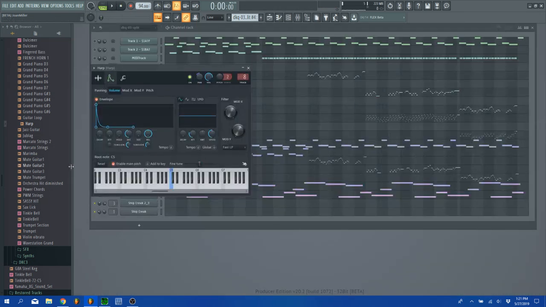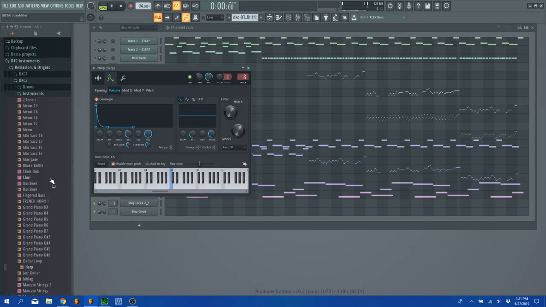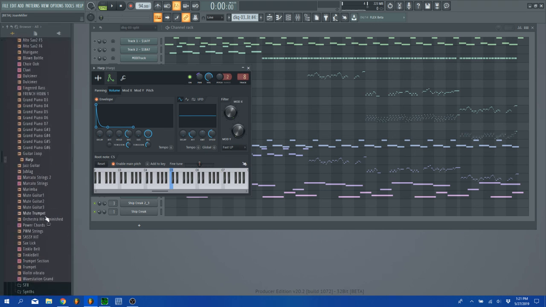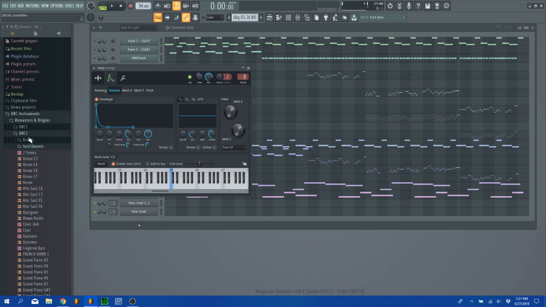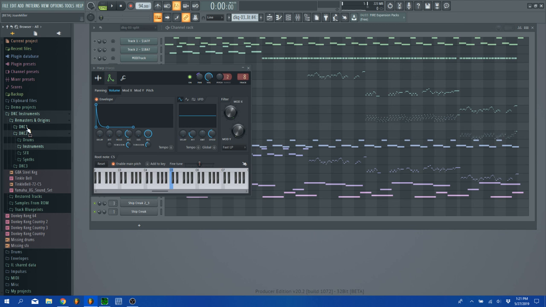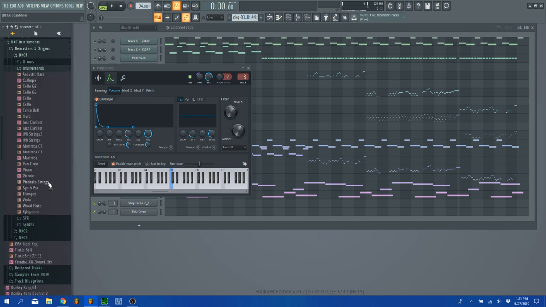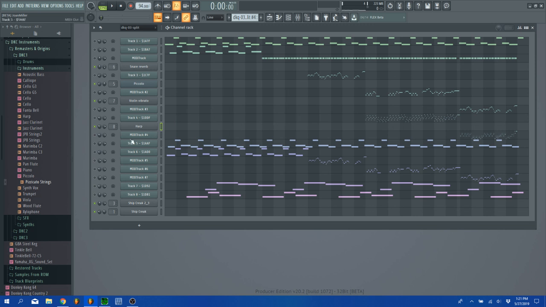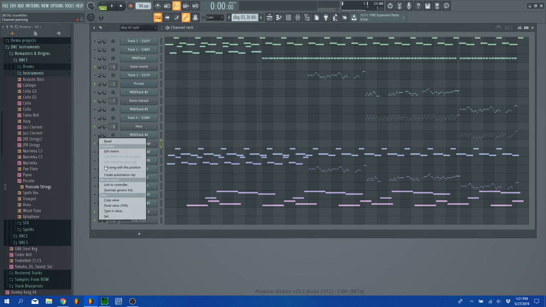Alright, next up is the pizzicato strings. That's from, yeah, it's from DK1 actually. I think it was only used in like the boss or something. Copy that pan. And